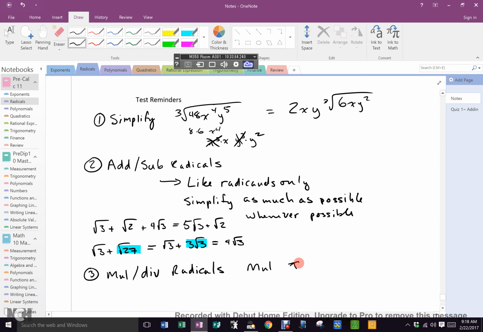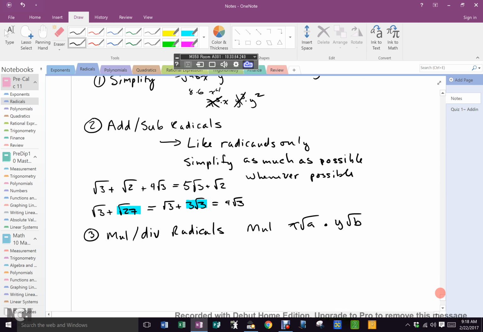If you have x root a times y root b, your answer is x times y and the root of a times b. That's multiply. Divide x root a over y root b is x divided by y,